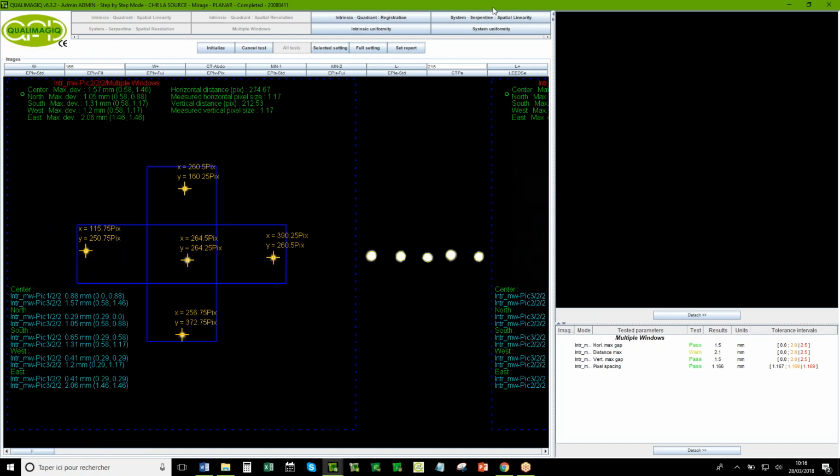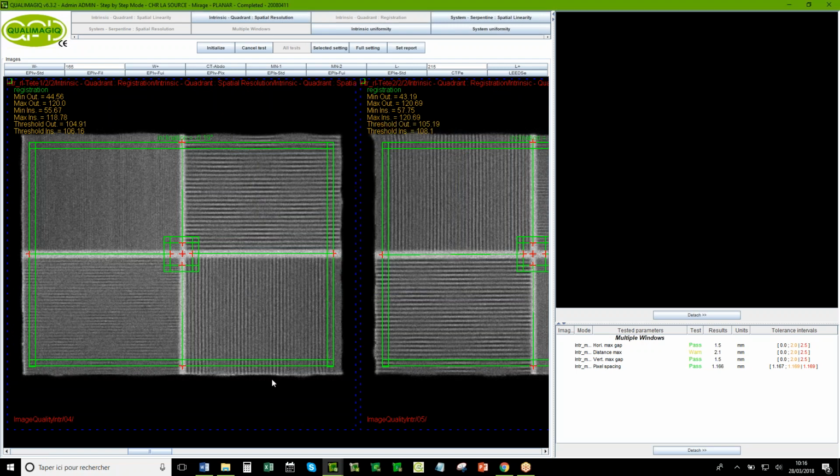Okay. Okay. So now we can look at the spatial resolution test. So first, without collimator. We use this very traditional pattern with 4 frequencies.